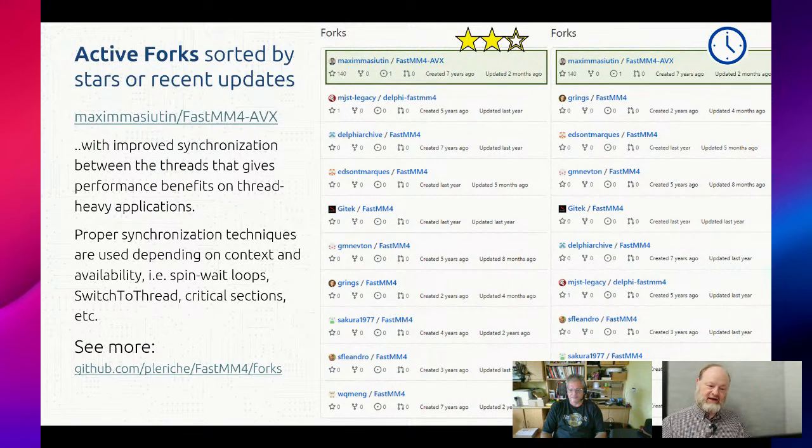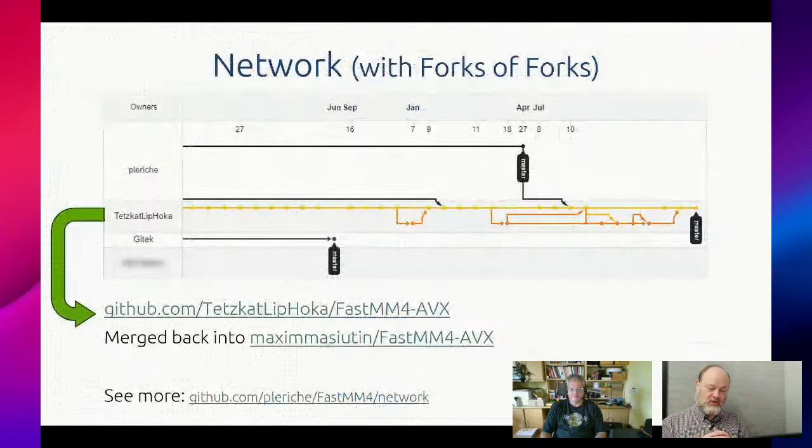I'm not really going to go into that today. If you do go into the networks, though, which shows you forks of forks as well, you'll see that, again, very active, very recently updated was this other fork of FastMM4 AVX, which, if you look at those, you'll see they actually merged back together into the original one. Maxim Masiutin. Have you looked at that at all, Pramaz?